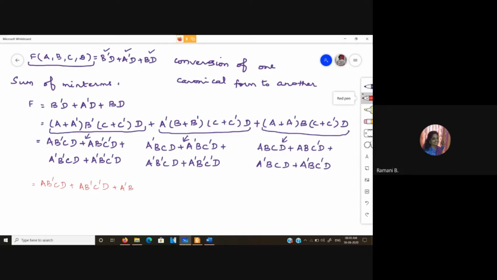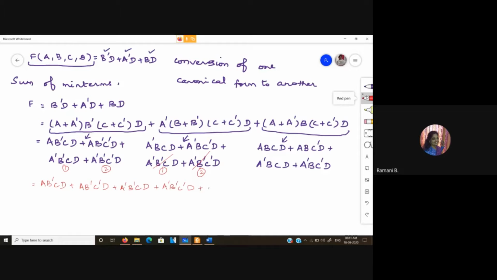Then a bar b bar c d. Here we have a repetition of this particular term, so we shall leave this out. Then we have a bar b bar c bar d. This is also a repetition with this particular term, so we shall leave that out.